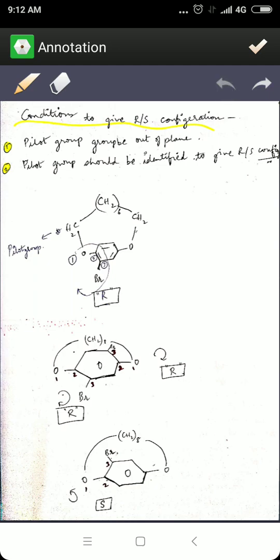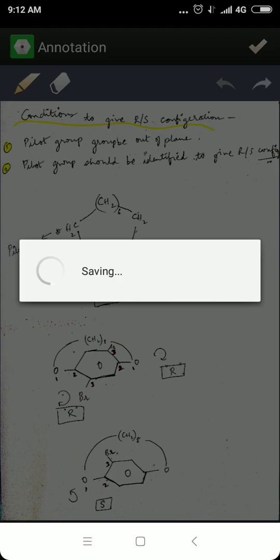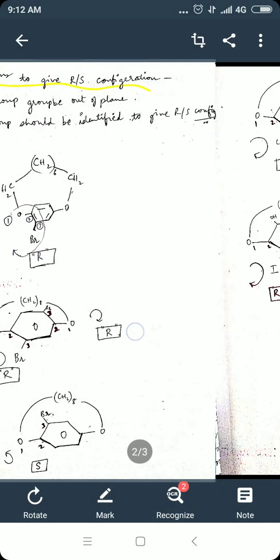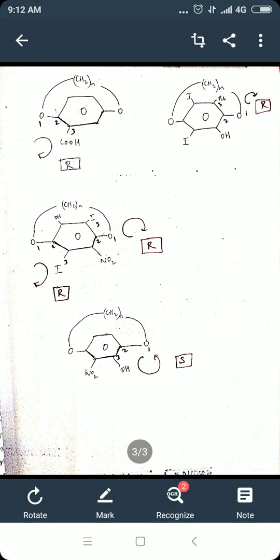Now here you can see how the bromide is attached to the upper part of the benzene ring. It is planar itself, there's no doubt, but the numbering is going to change. Again you identify the pilot atom, then you give the numbering: oxygen as 1, 2 to the para position of the benzene ring, and 3 to the meta position on the bromide. So it is going to be 1, 2, 3 in the anti-clockwise direction, and hence you're going to assign it as S configuration. Now let us look at some more examples.